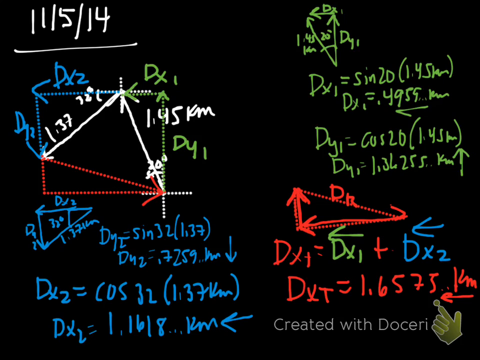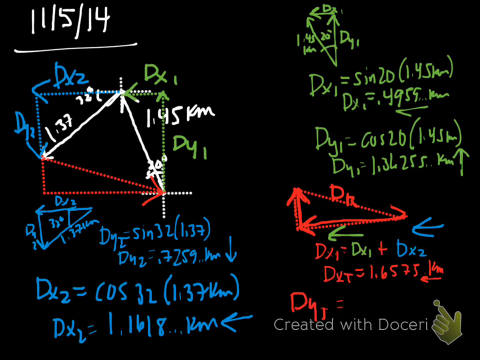Okay, so now we're going to find our dy total. Dy total is, of course, dy1 plus dy2. Now, here's the critical piece. dy2 is south,